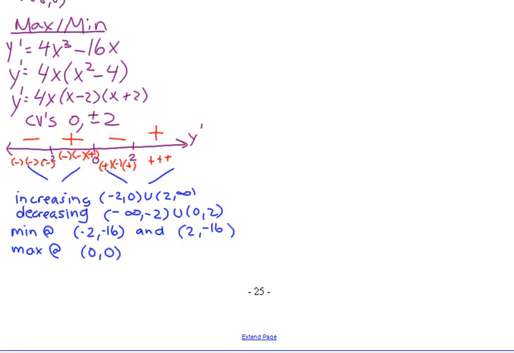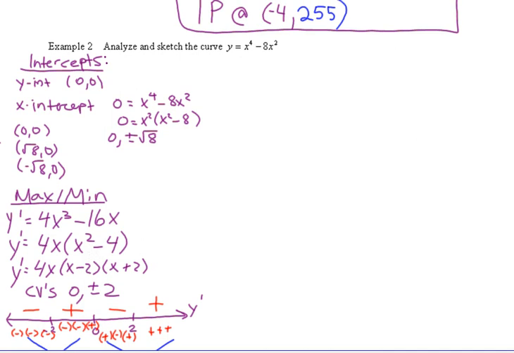Okay. So now that we have our max and mins done, increasing, decreasing, we can go to our second derivative. We're going to have to start doing domain and range for our graphs. What would our domain be in this one? It's a polynomial? Yeah. So remember we did that stuff with domain and range in pre-cal? Okay, range, well, we know our minimum values. -16. Well, yeah, we do, because it's a degree 4. So our range would be greater than,